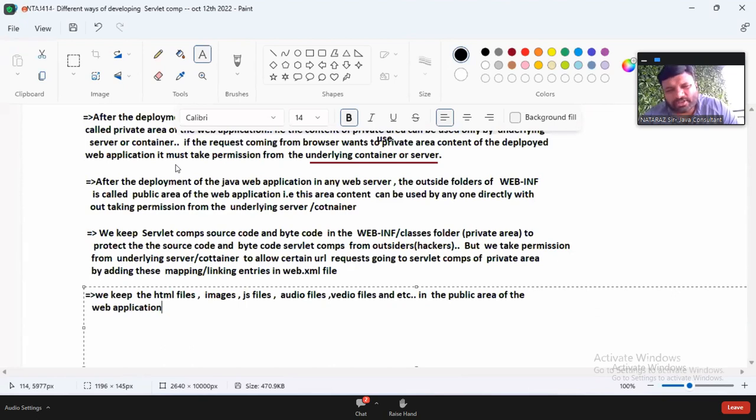For execution. So there's no meaning of protecting source code of these files. So it's better to keep in public area. Convinced or not? We keep HTML files, image files, JS files, audio files, video files, and so on in the public area of a web application because